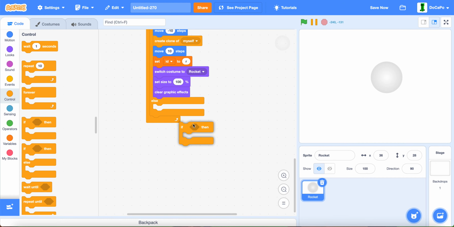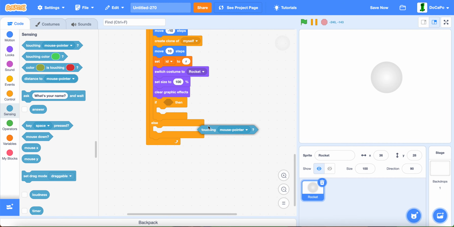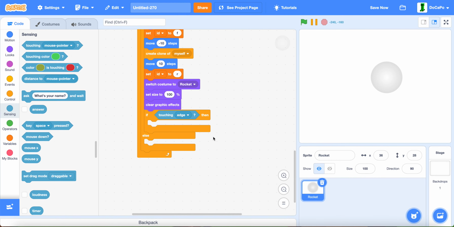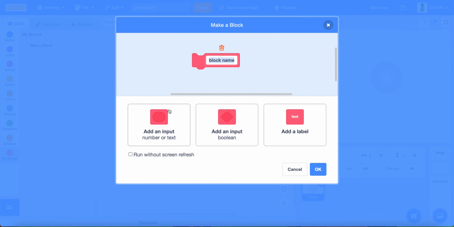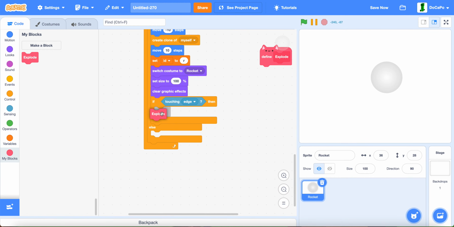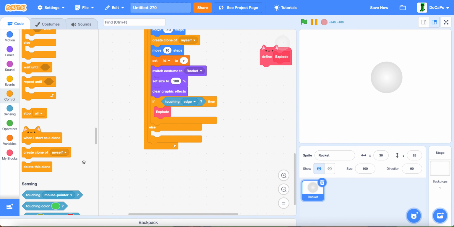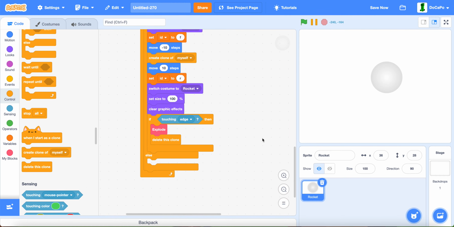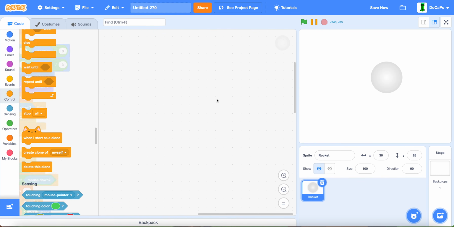Then, if touching edge, then create a new block named explode, run without screen refresh, do explode, and then delete this clone. Now, before we go into this block,